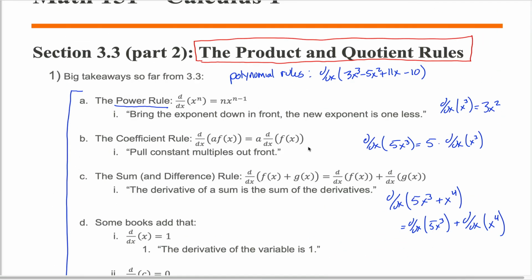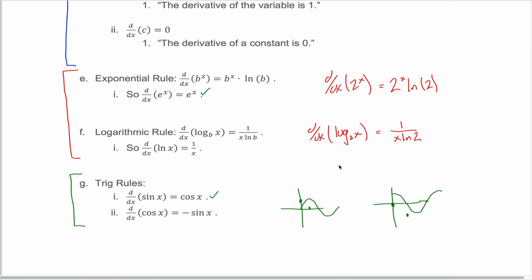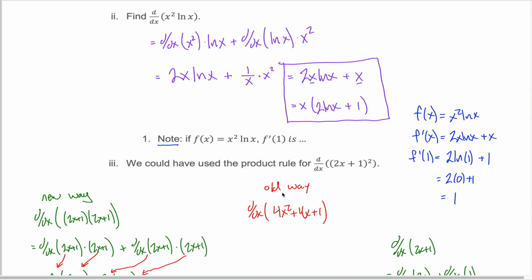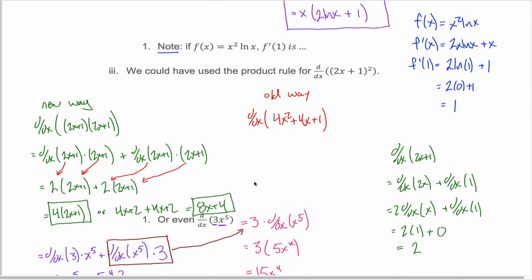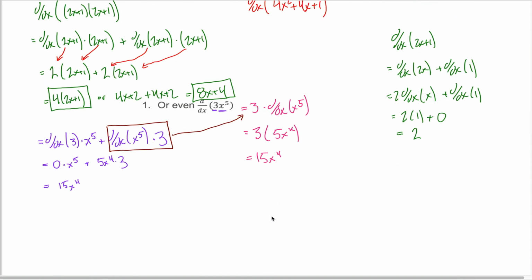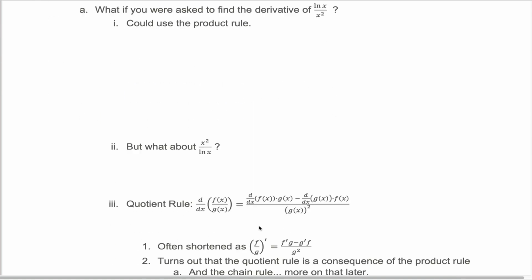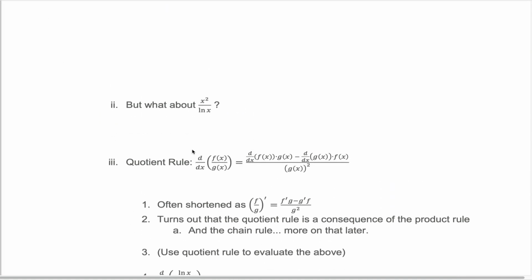Well, good news, for the quotient rule, I'm not going to prove anything to you at all, at least not yet. Because it'll turn out that in a few sections when we learn the last of our major rules, this thing called the chain rule, we'll be able to come up with the quotient rule pretty easily from the product rule and the chain rule. So for now, what I'm going to do is just tell you that there's this thing called the quotient rule, it exists, and I'll ask you to trust me that this ugly mess of symbols right here is that quotient